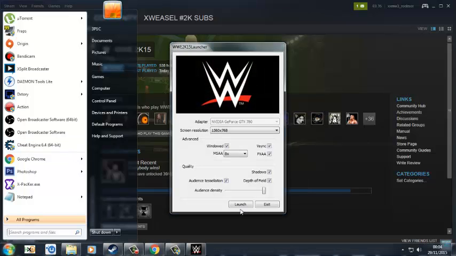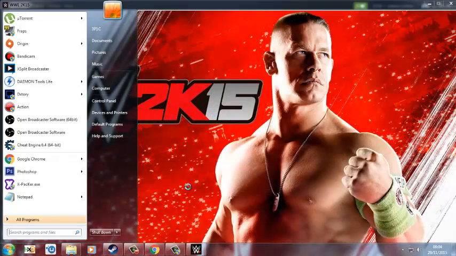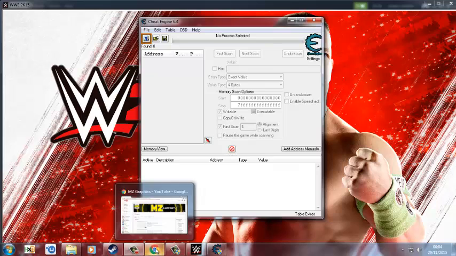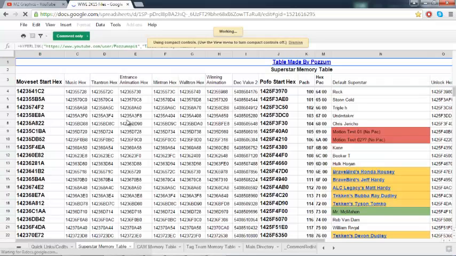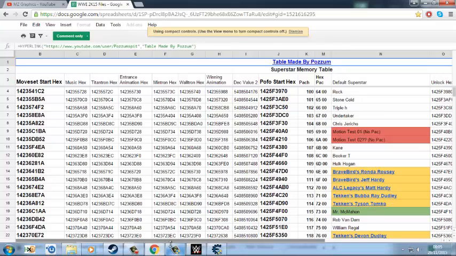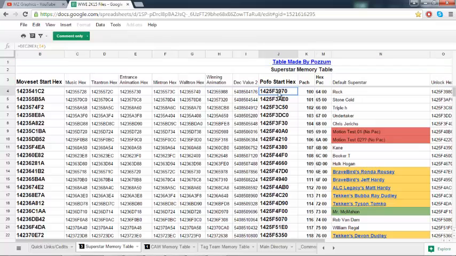I'm going to also open up Cheat Engine to assign the Minitron on the Dudley Boys, or I'm just going to assign it to, I don't know, The Rock or something, just to show it worked. So I'm going to use this very nice database created by Posm. Very helpful, helped me a lot in a lot of cases. Anyways, so if I want to assign the new Minitron to the Rock, I just copy his Minitron hex,